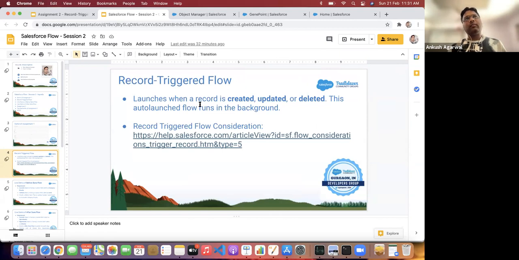It is quite similar to our Apex triggers, where we have to write the code logic, and you must be efficient in Apex. So this is an alternative to Apex trigger, but there are some limitations with it. Here is a link.